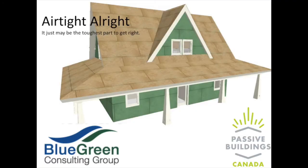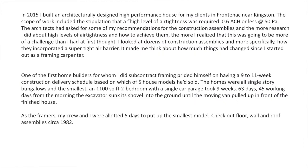In 2015, I built an architecturally designed high-performance house for my clients in Frontenac near Kingston. He's actually here tonight. The scope of work included the stipulation that a high level of air tightness was required, 0.6 air changes per hour or less at 50 pascals. Whoa. The architects had asked for some of my recommendations for the construction assemblies, and the more research I did